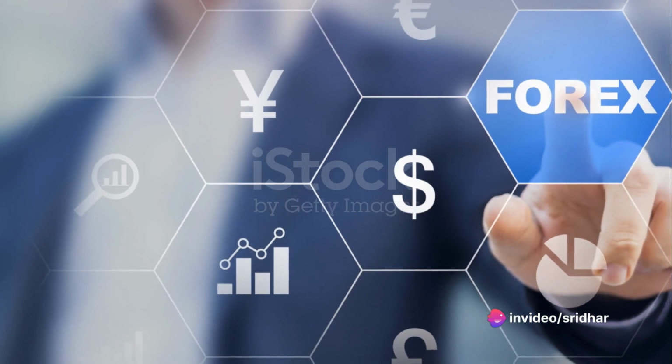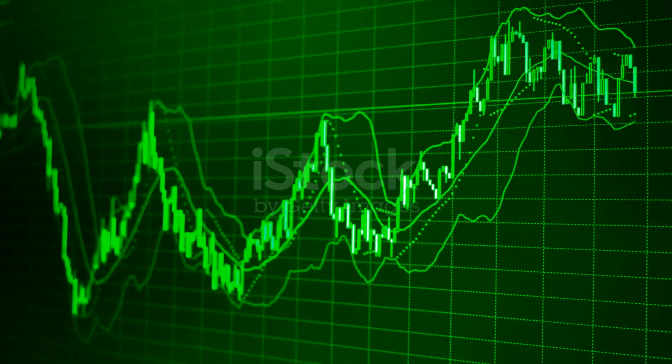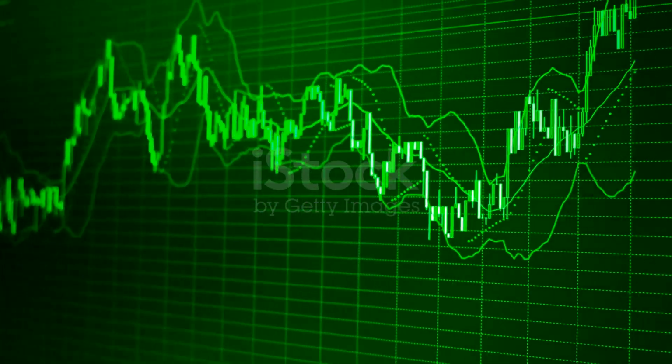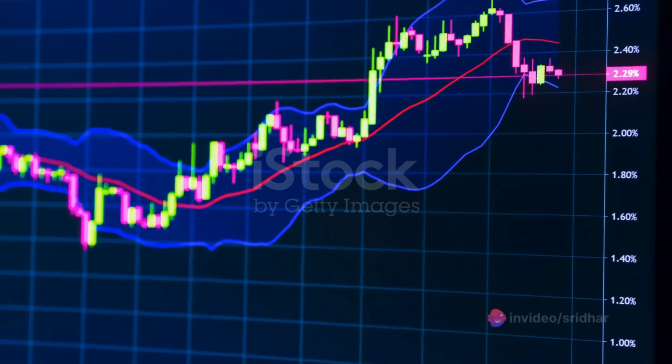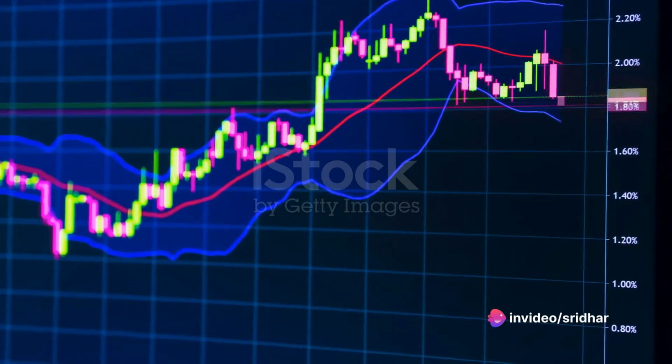To sum it up, trend lines are a simple yet powerful tool in Forex trading. They provide valuable insights into market trends and potential reversal points, helping traders make informed decisions. With a clear understanding of trend lines, we can now delve into how to use these two tools in Forex